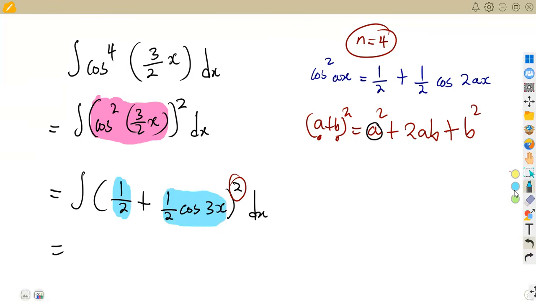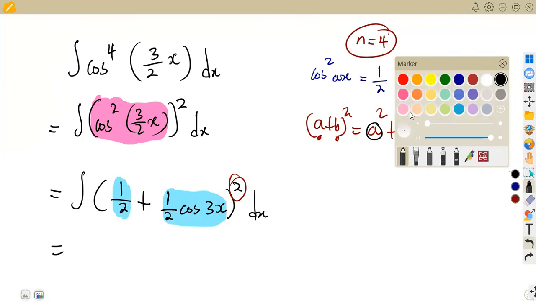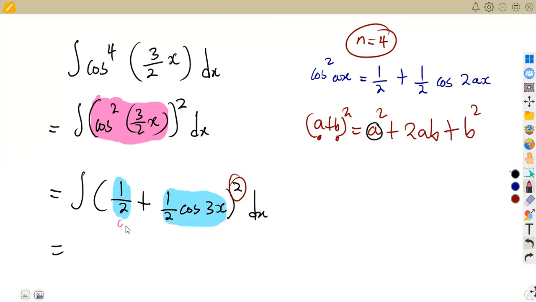This is your A. Once you understand this, guys, you are done, because you have your A, you have your B, and you understand this is going to be A squared, which is 1 over 2 squared. 1 over 2 squared is 1 over 4. So this is going to be 1 over 4 plus 2ab. 2ab means 2 times A. Our A is 1 over 2